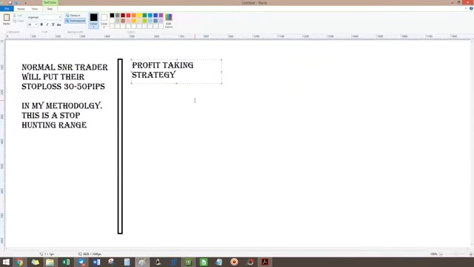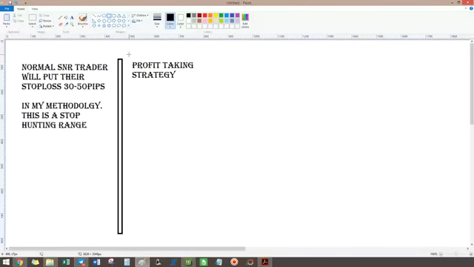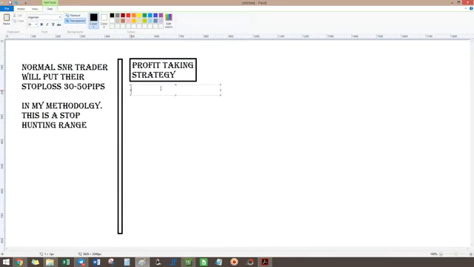So my profit taking strategy, because we want to make sure we are able to take the money out. Not to stay longer in the market, but just to be able to take your money. And if you want to trade long or hold the position, you need a lot of experience. So for beginners, you can start by a partial close